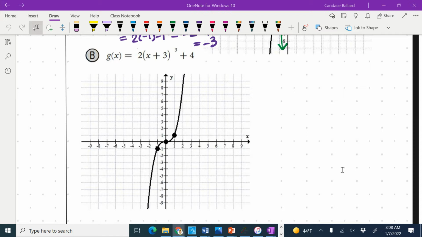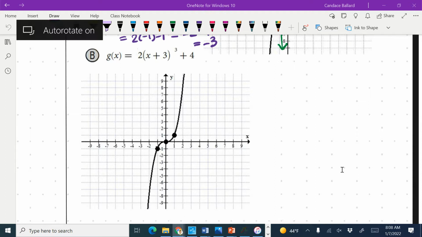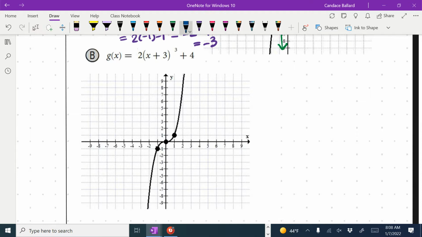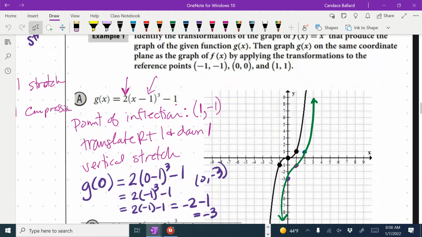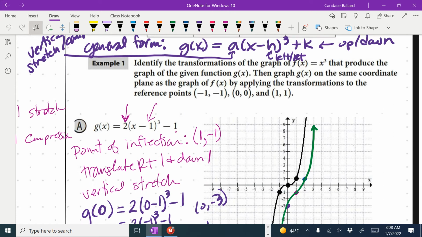All right. So we're going to kind of refresh our memory on what we did yesterday. We've got a couple more of these. We're going to try graphing by hand, and then we'll do something else with it here. So g of x equals 2 times (x plus 3) cubed plus 4. And remember, just to refresh our memory on the instructions, we're supposed to identify what transformations are happening, and then we're supposed to graph it. And I kind of used a few shortcuts on the graphing. Okay, so